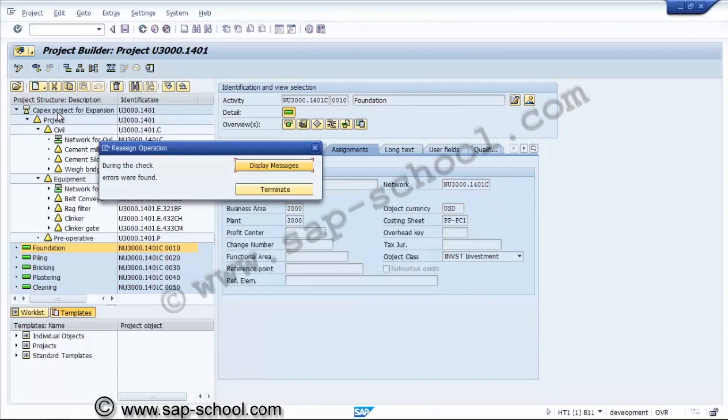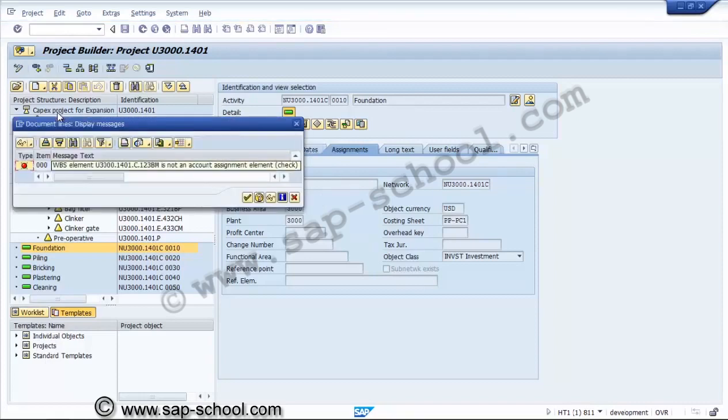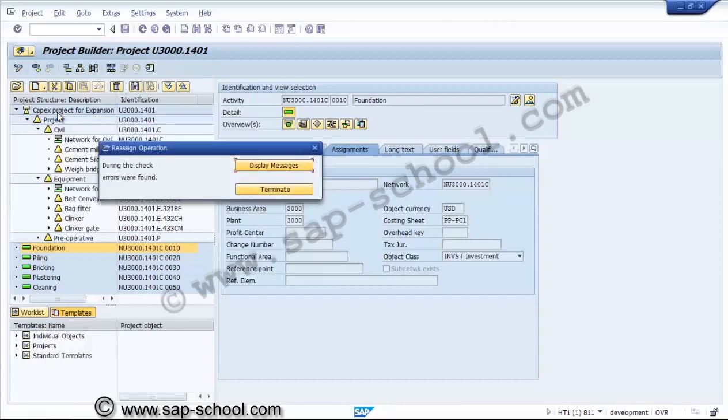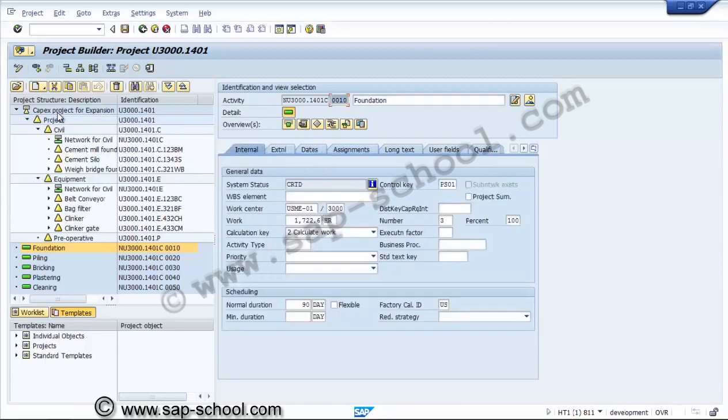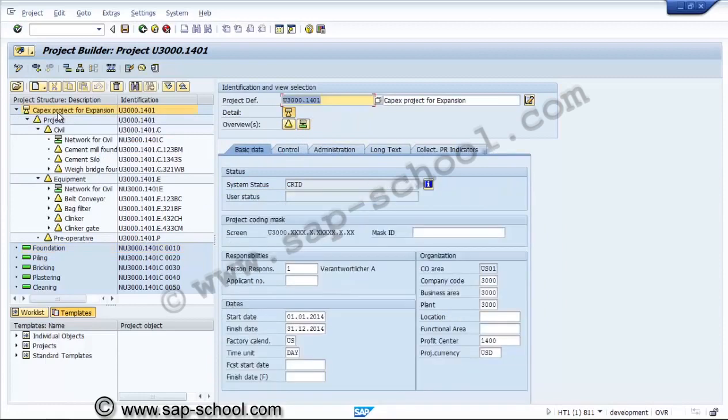The system will display a message if any issue is there. The system is not allowing us to assign the WBS element just because the account assignment check is not assigned. So now we'll go and see for how many WBS elements